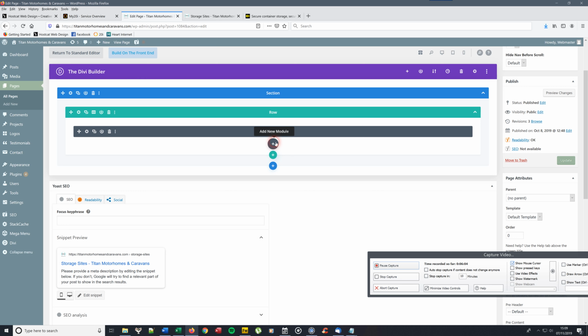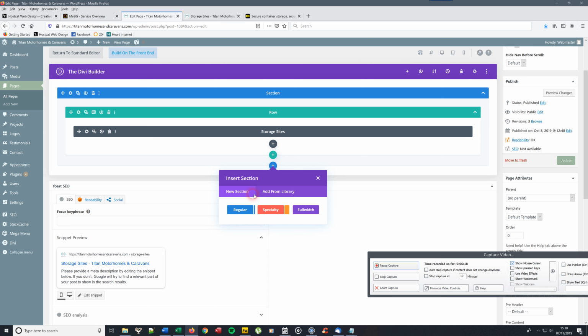So maybe I want another block of text in that row. The green is for a row. When you hover over these things you'll actually see the description come up. We're going to put a new section because I don't want it in the blue heading. We want it with a new section which is white. It's going to be a regular section,